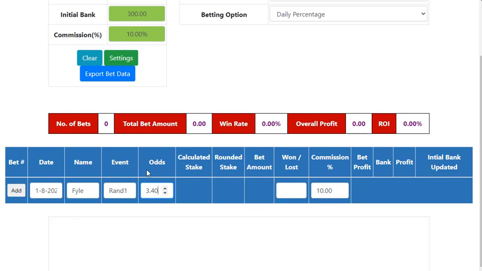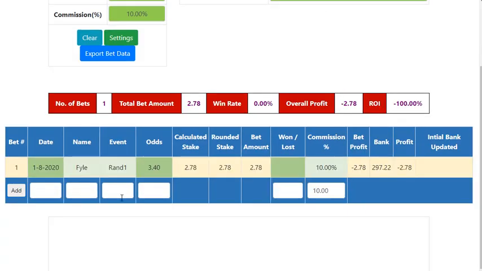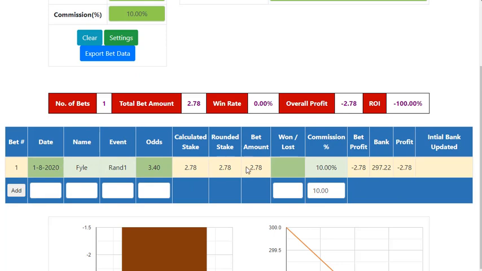Once we've put in the date, name, event and odds, click on add, and now it will give us this line up here telling us how much to stake, our calculated stake. If we were using rounded stake, it would be the rounded stake there and the amount to bet. These are all the same because we're using the exact amount. Okay, won or lost, we don't know. Maybe we don't know yet, and we just want to go on and put on some more bets,